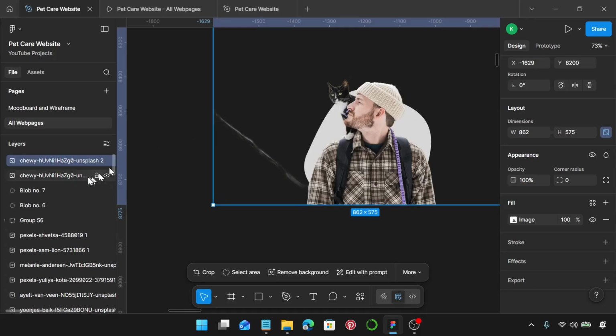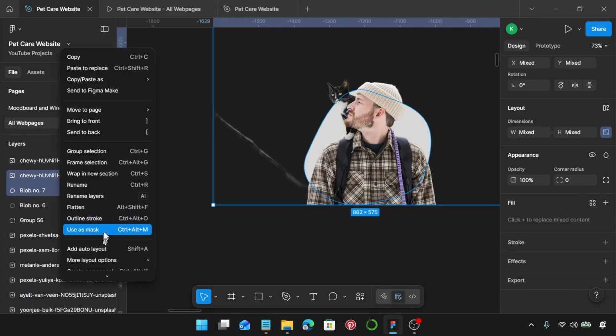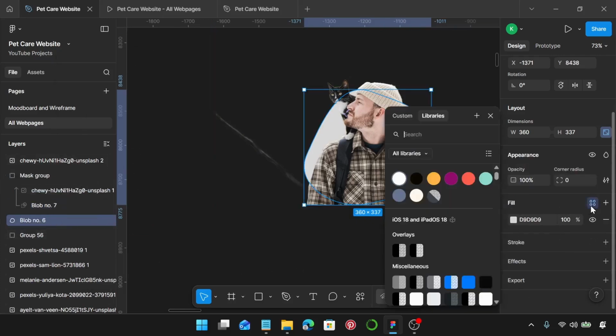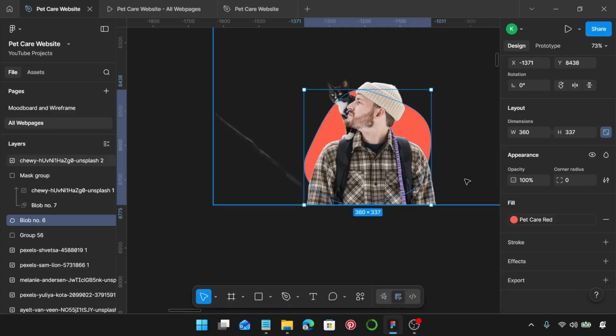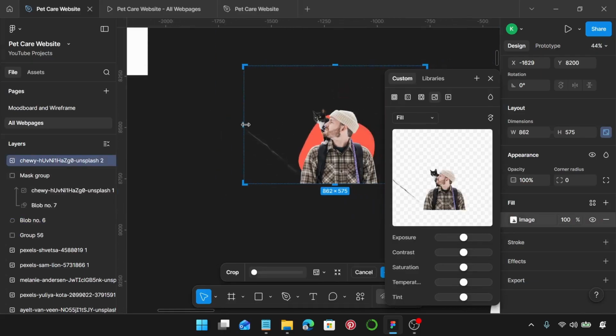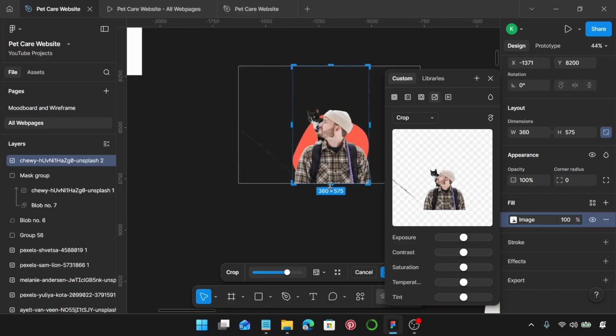Next, we're going to select the image and the blob that is closest to it, right click, and then use as mask. Select the blob, go over to fill, and we are going to change the fill to this one, pet care red. And then I'm going to select the image on top, double click, and we are going to trim this image. Our goal is to make sure that the image is the same width with the blob, because that will guide